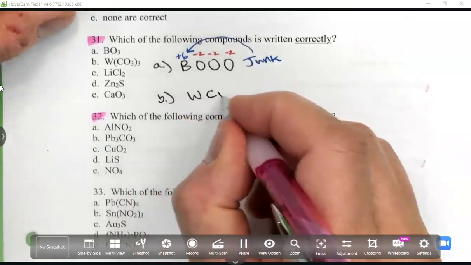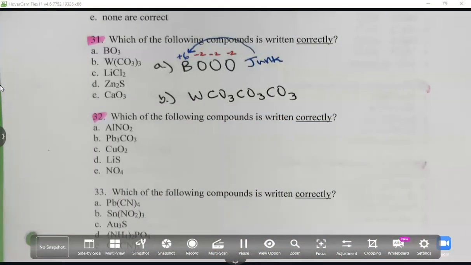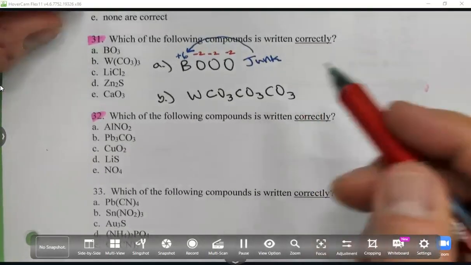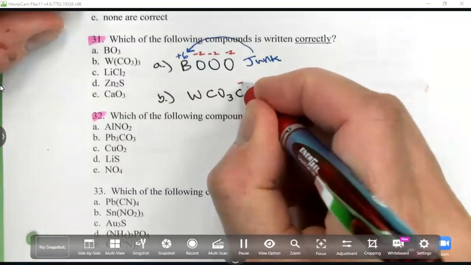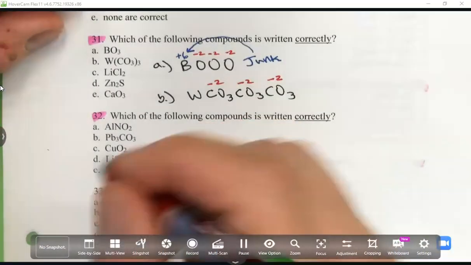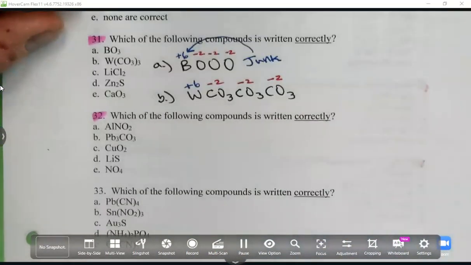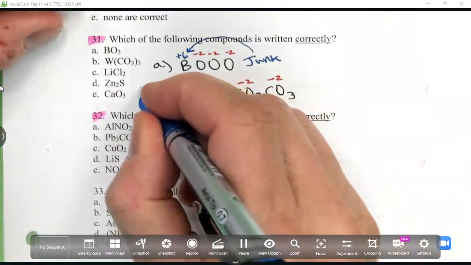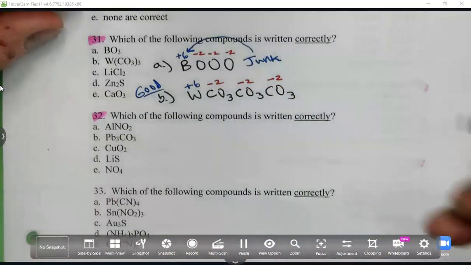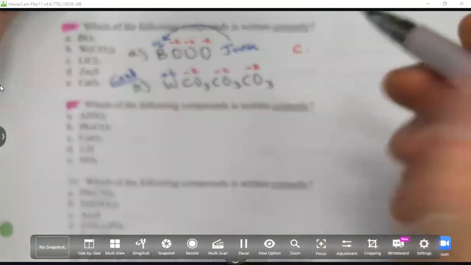We've got W, CO3, CO3, CO3. We've got 3 carbonates. What is the oxidation state of carbonate? -2, -2, -2. That means we're looking possibly at a tungsten 6. Is there a tungsten 6? Yes, tungsten 6. Okay, so it looks like this looks pretty good. Let's keep going though, just to make sure, because there is a tungsten 6. In letter C, we would have